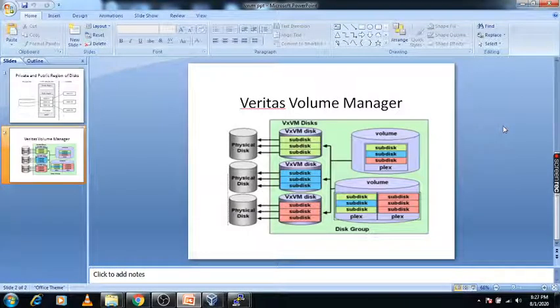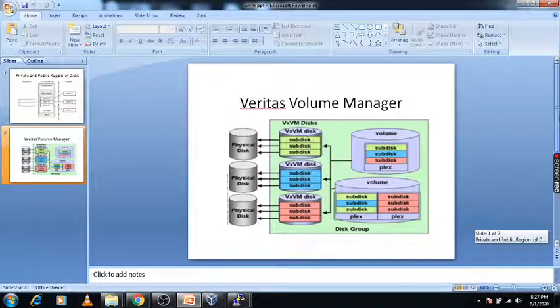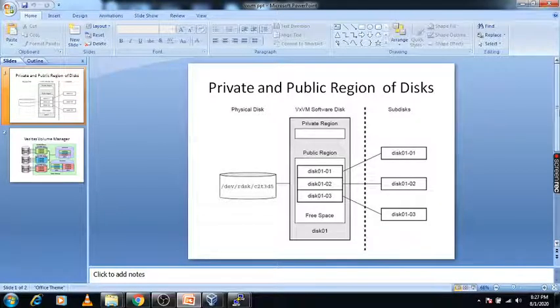Myself Ganesh. Today we are talking about the Veritas Volume Manager. Veritas Volume Manager is a product provided by Veritas. There are multiple products provided by it, and we are now using this Veritas Volume Manager for the end user. Whenever we create any volume, this volume is used by the end user. That means we can modify and access all the data from the volume.